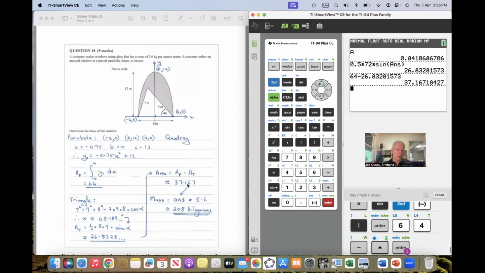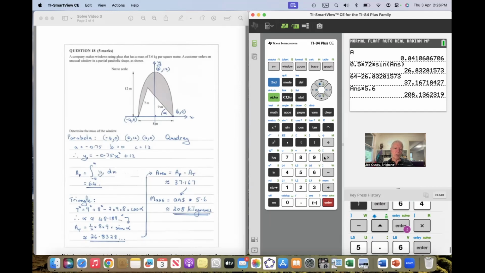Then, of course, I'm wanting to multiply that answer by 5.6 because that's the area of the glass, but I need to know, in the question it said something about finding the mass. So I'm multiplying. So if I just press multiply, it's going to pull that answer, and then it's 5.6, and it's basically going to give me